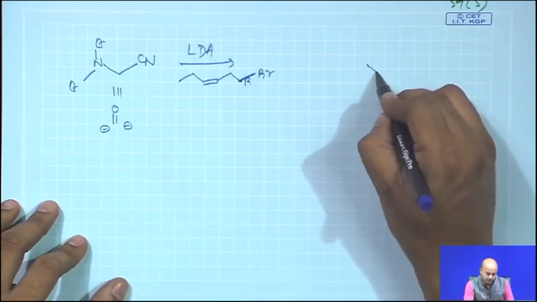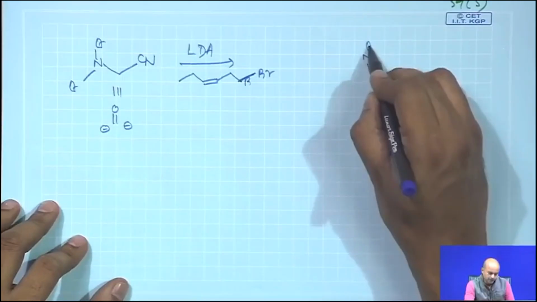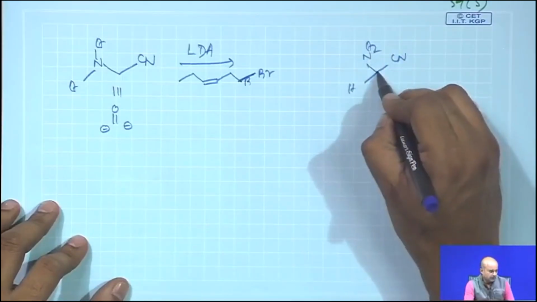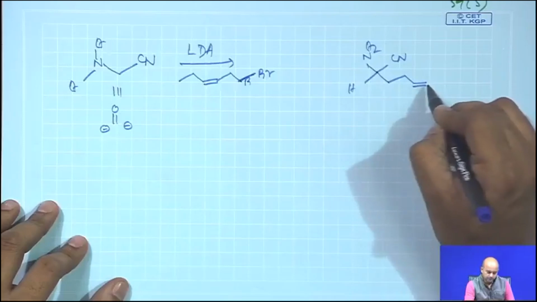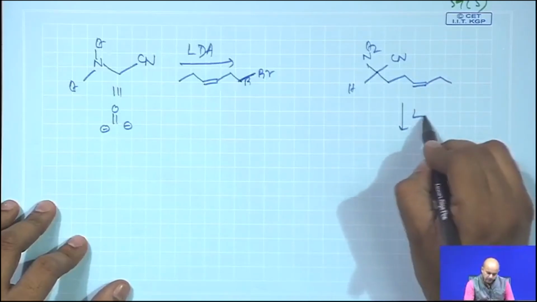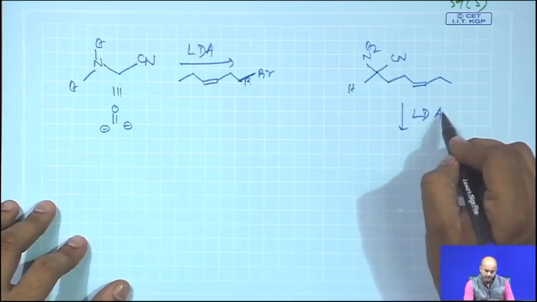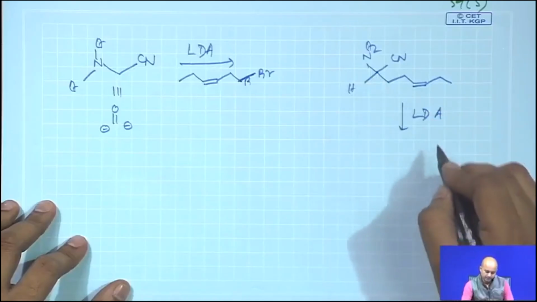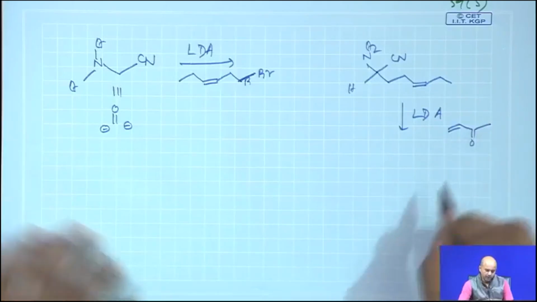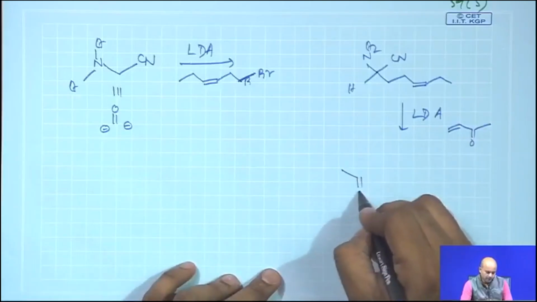Then you see that NEt2 remains similar, CN similar, one hydrogen is abstracted and you basically get this compound. Next, another round of base abstracts this hydrogen, and then you react with another acceptor which is methyl vinyl ketone. So, you will basically get